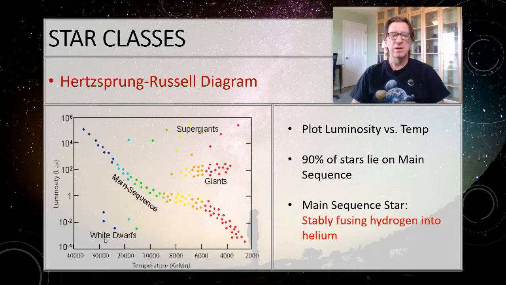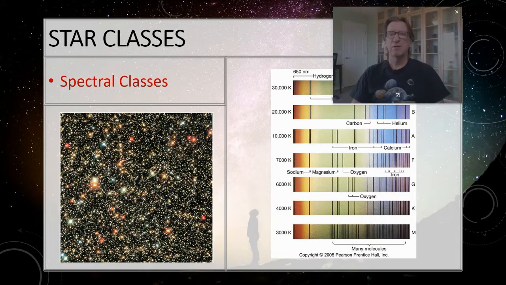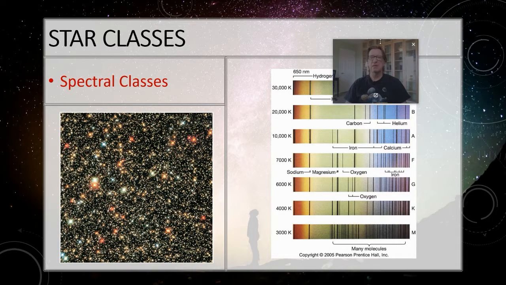Okay. The temperatures then are on scales that we're used to thinking about. 2,000 down here, of course, 3,000 is going to be about as cold as we can get. So that one is probably actually a brown dwarf. We'll talk about that later. But then we've got 4,000, 6,000, 8,000, 10,000. And then for the sun, we should be right around 1 solar luminosity and a little less than 6,000 Kelvin. All right, let me move this out of the way here.